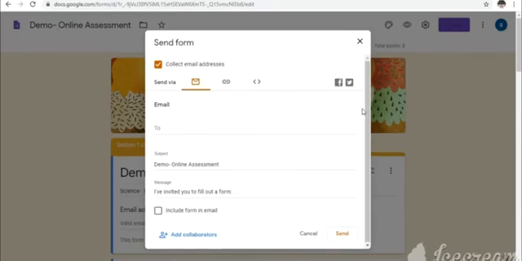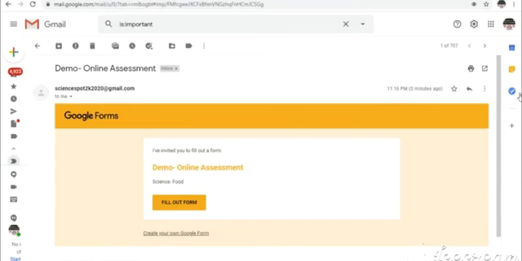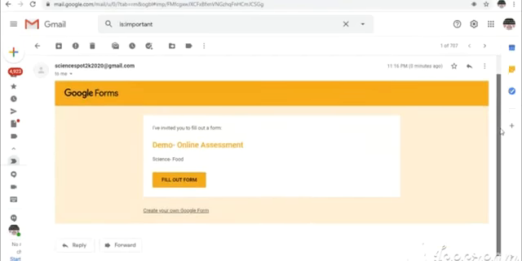So let us check how the form which we have filled is responding. Now you can see the form I have received in another mail. I am going to fill this form.